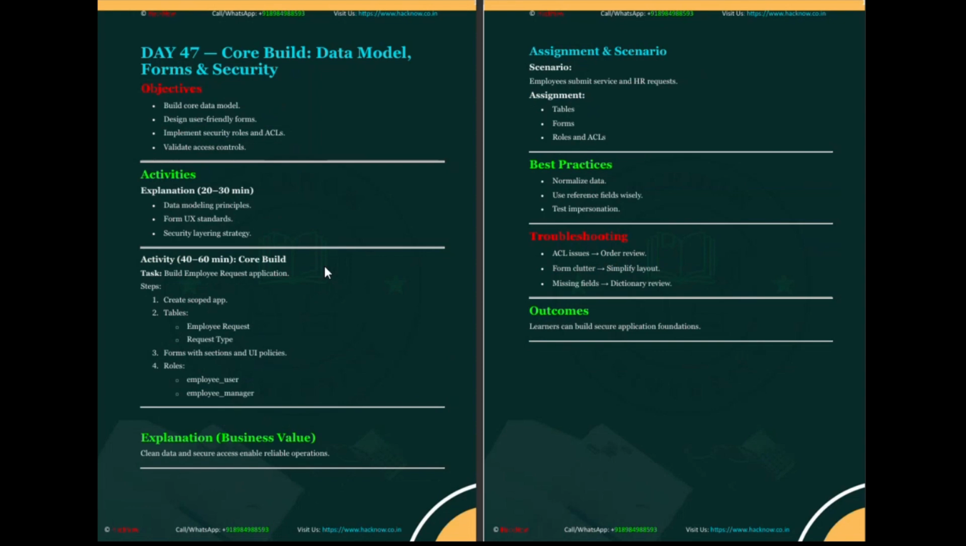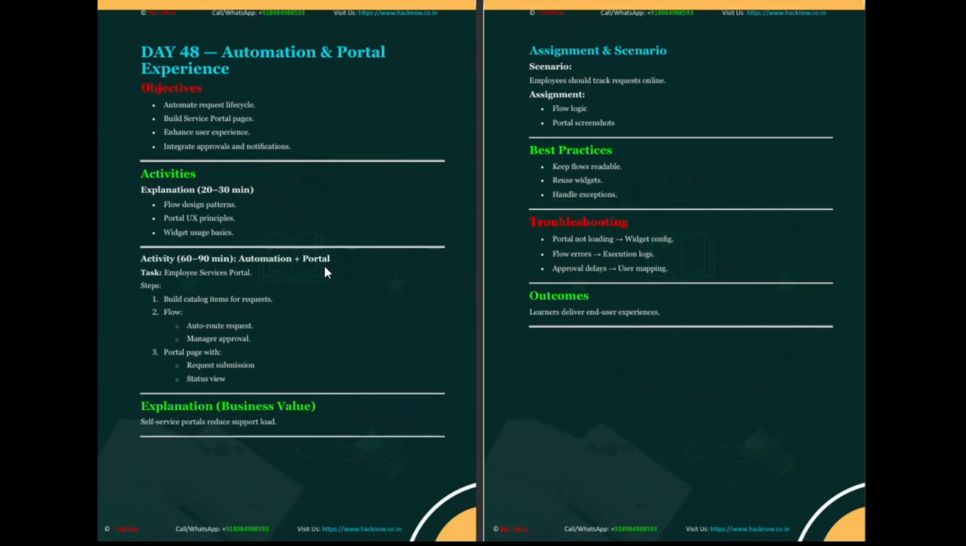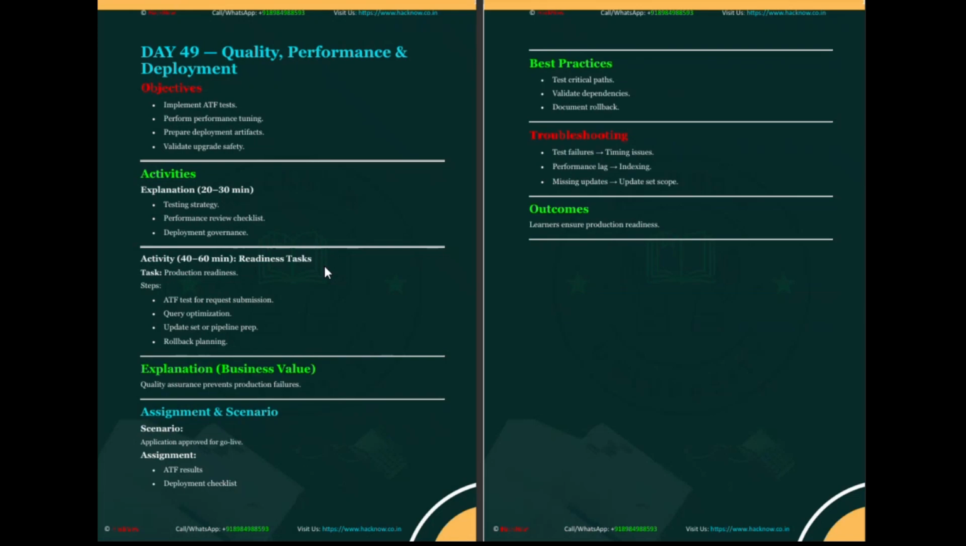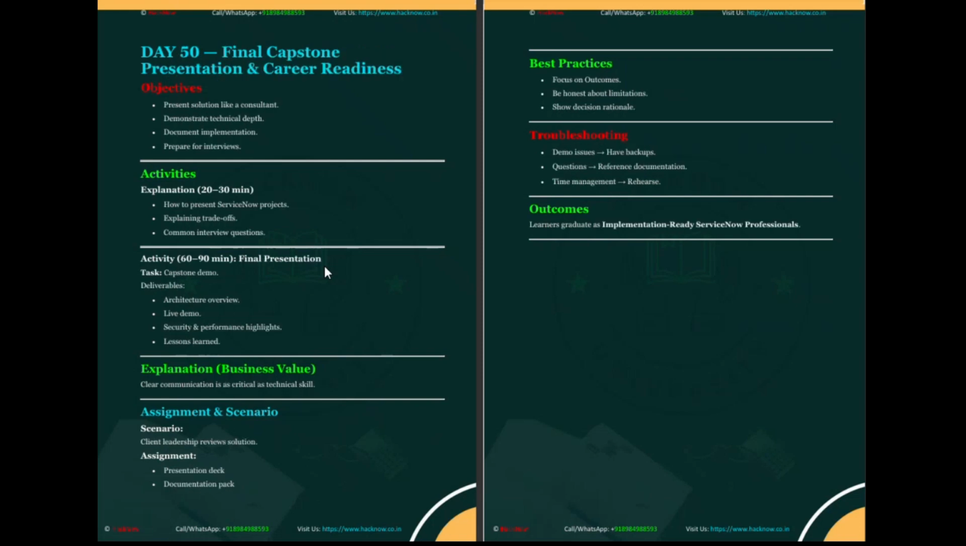Moreover, on day 47, the core build on data model, forms, and security we will be covering. Then in day 48, the automation and portal experience we are covering here. After that, in day 49, the quality, performance, and deployment part will get covered with the respective objectives, assignment scenarios, applications, explanation, and lastly the best practices, troubleshooting, and outcomes. After that, the last day of the POMP program will be based on the final capstone project with presentation and